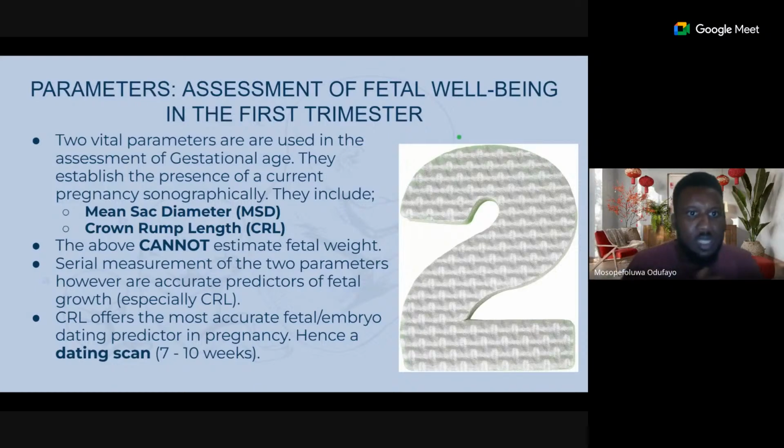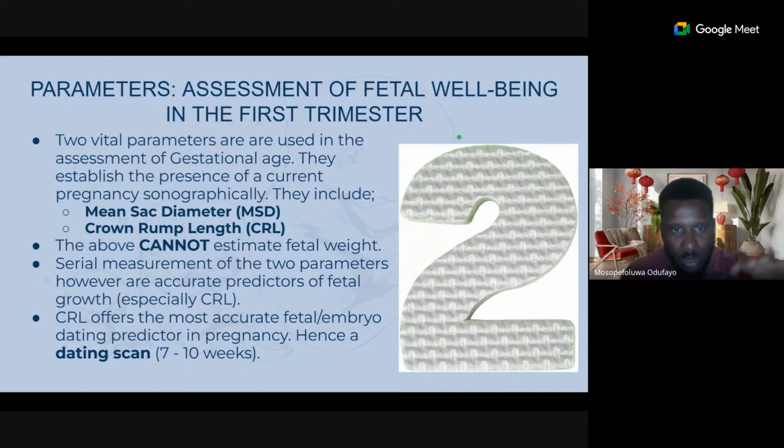Let's now talk about the parameters proper that we'll use to assess the developing anatomy, the embryo and the sac that surrounds it. We have 2 parameters we use, yeah? If you're enjoying this lecture, you can share with your people so they can also join in. There are 2 parameters that we use apart from the heart rate. Well, the heart rate just helps you check whether it's alive or not alive.